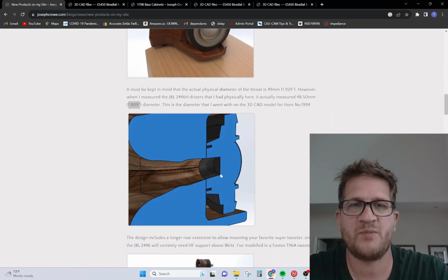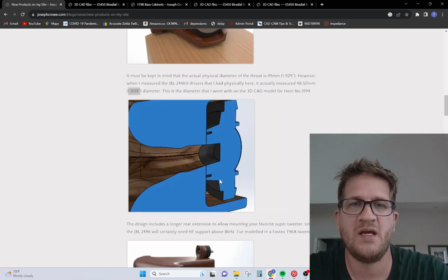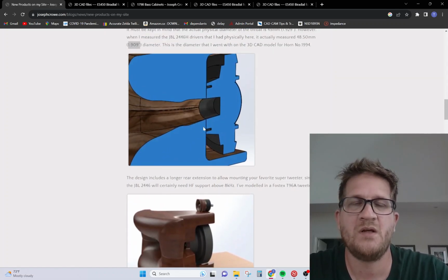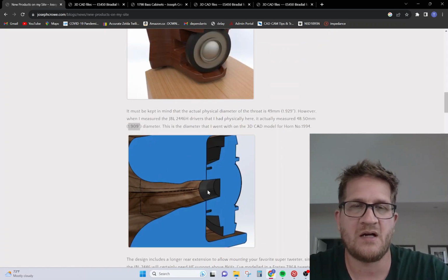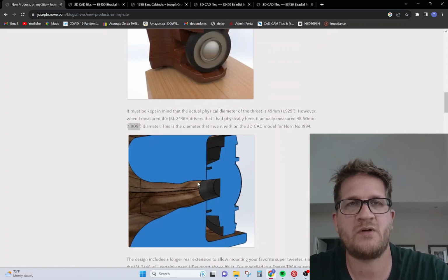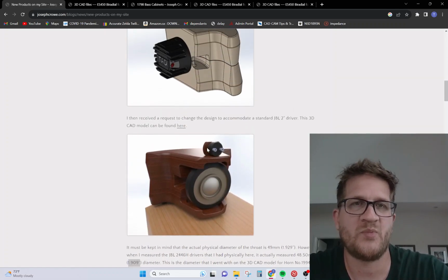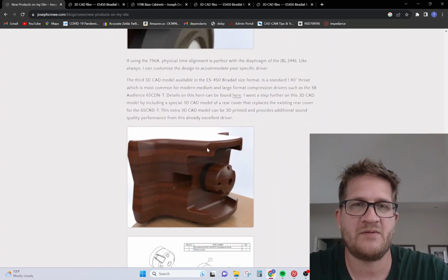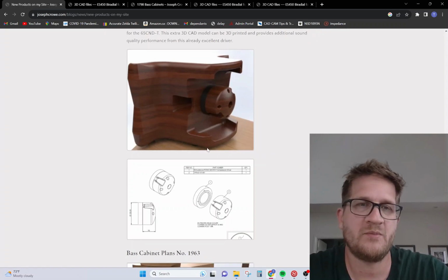You can see here perfect transition to the very popular JBL 2446 compression drivers, and also the very large outside diameter of those particular compression drivers. The ES450 can accommodate that large of a driver. Okay, so just kind of very highly tailored to the throat geometry required to get the best performance out of these compression drivers. So now the 1.4 inch throat is a very popular size for modern compression drivers, and so